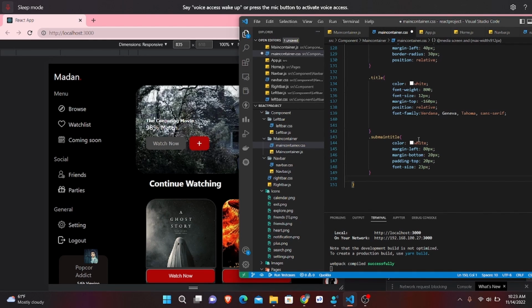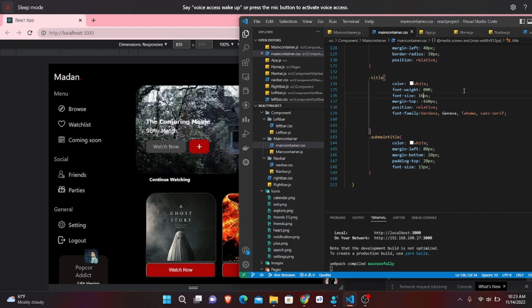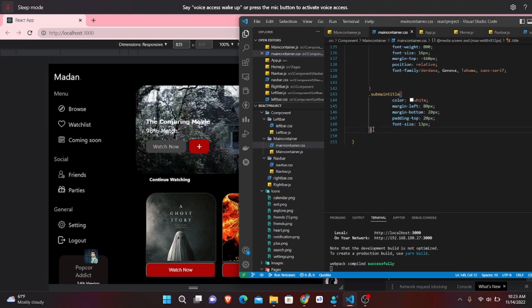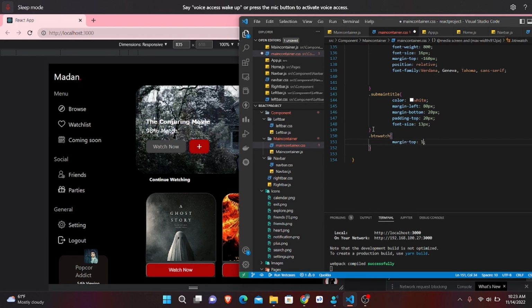So now what I'm going to do is let's decrease this font size, which is 13 pixel, or let's increase this title font size, which is 16 pixel. Maybe, I don't know. Yeah, so 16 pixel will be enough. So now let's go now btn, which means a btn to watch. So let's write a btn watch, and here let's write a margin top 10 pixel,